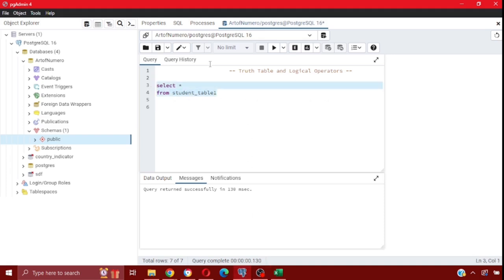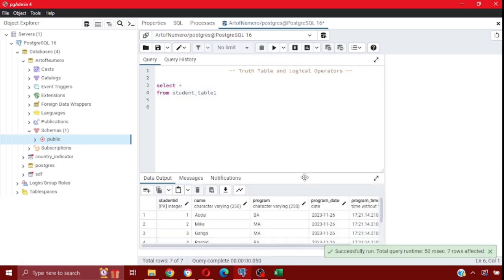The table I chose for this demo is student table one. Remember that in SQL, for conditionality or for logic application, you will be using the where condition clause or the having clause, those kinds of things. So in this case, I'm going to use the where condition, right? So I say give me everything from student table one where,